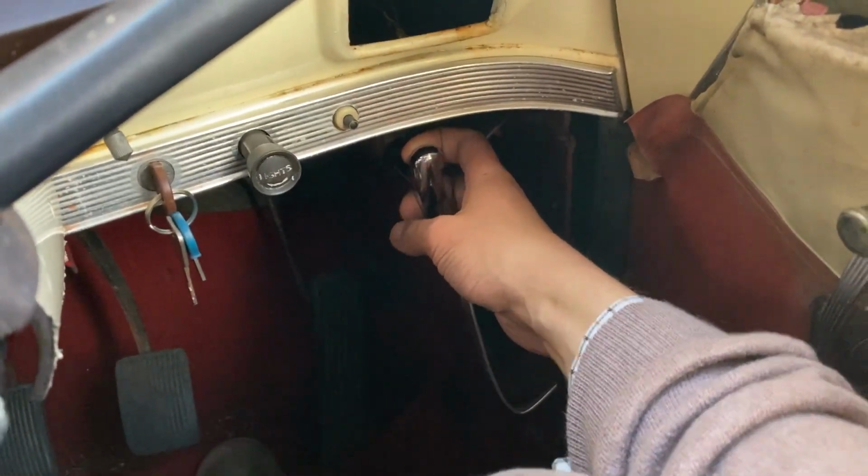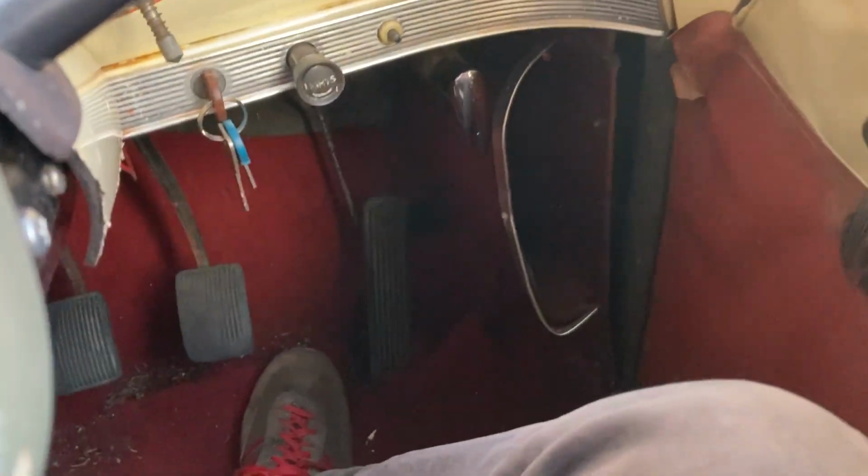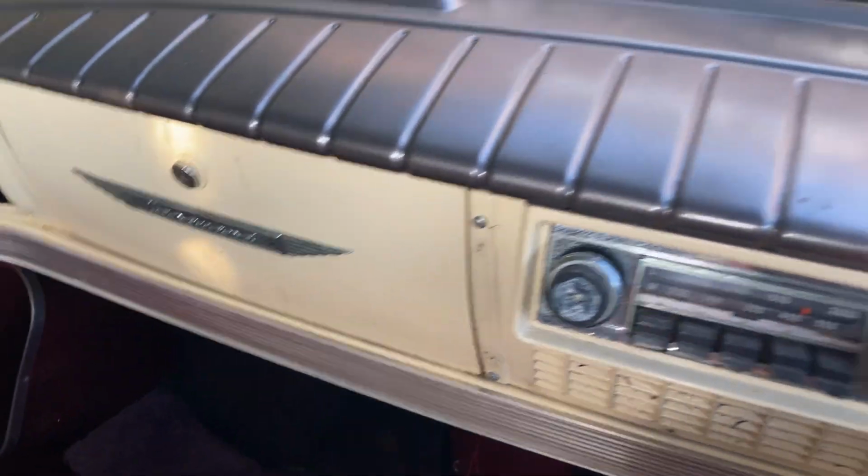Pull handbrake there, which is largely ineffective at the moment. As I say, I freed the brakes off because they were all dragging. We've got door pockets there for papers, maps, etc. A glove box which needs the key to open, so